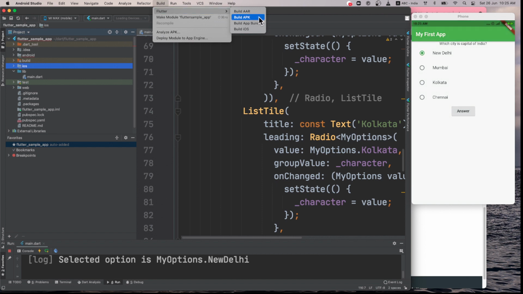On the top you can see, and once you click on this it will generate an APK that you can share with your friends. Okay, but that will be your debug build. In a debug build, people can see inside your APK what is the code that you have written. So normally when we upload it to Play Store we make a release build rather than a debug build.